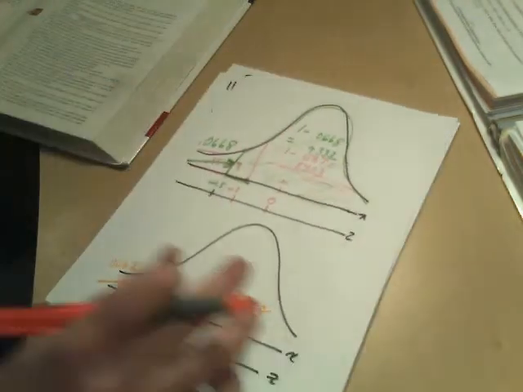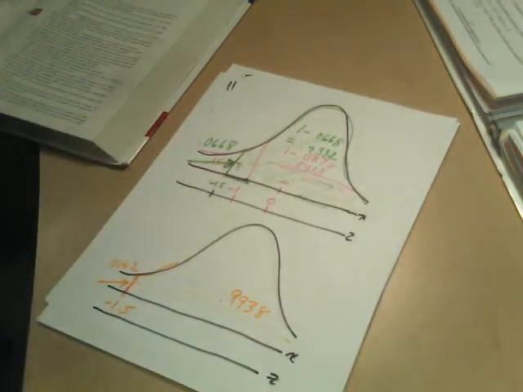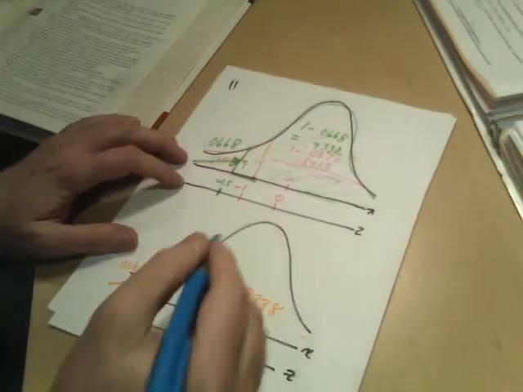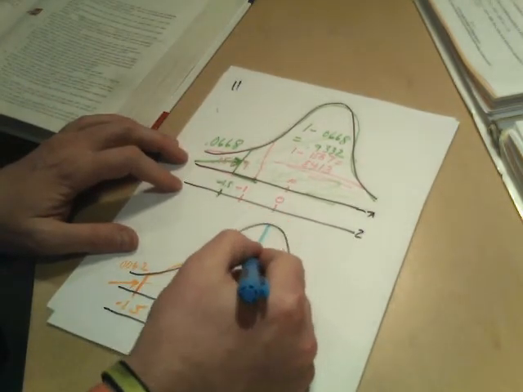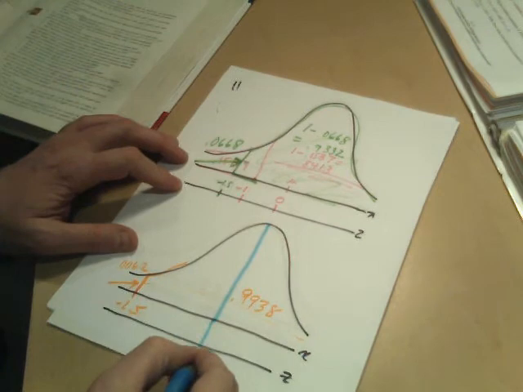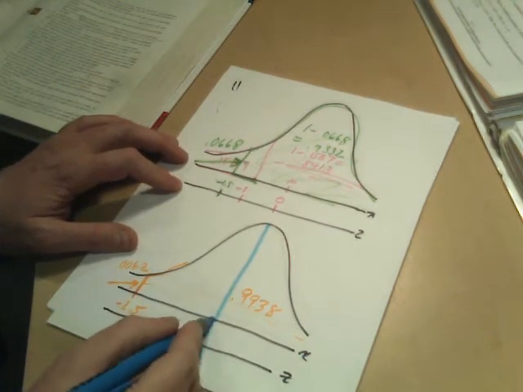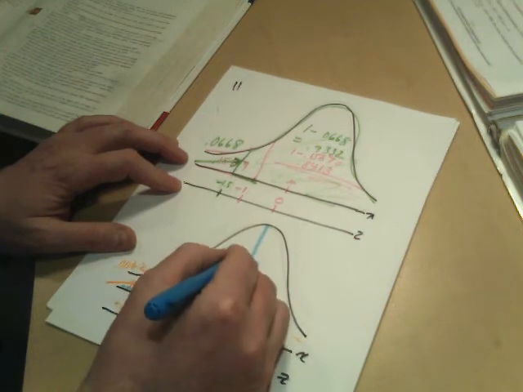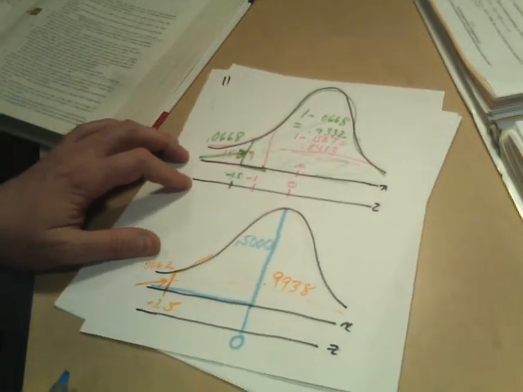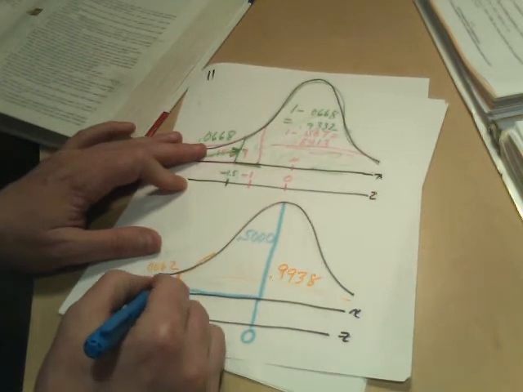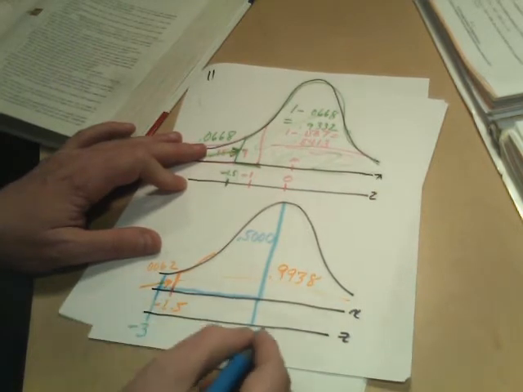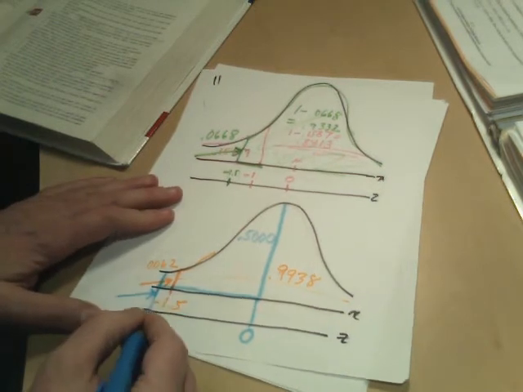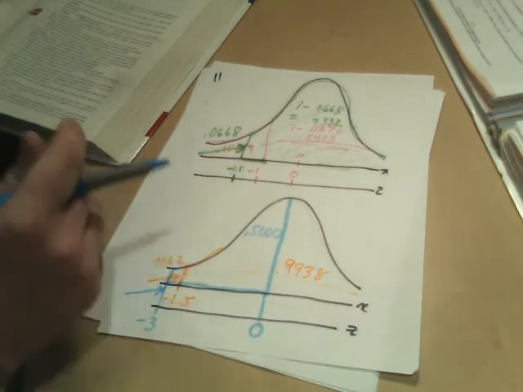Okay. And finally, D says it's between -3 and 0. So I'm going to use my blue pen here. Okay, here's where I have a z-score at 0. I know that half this curve is 0.5. Now they want to know between -3 and 0. Again, from the left margin to the -3 area